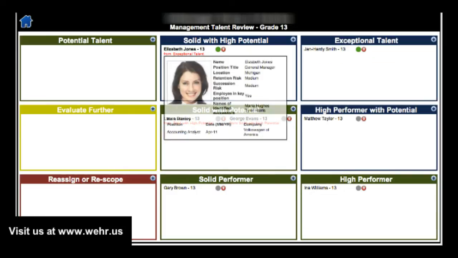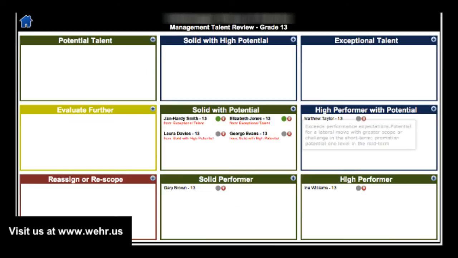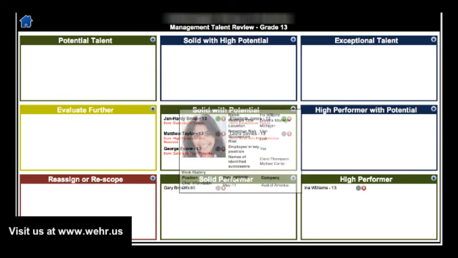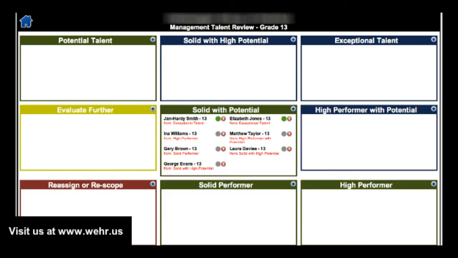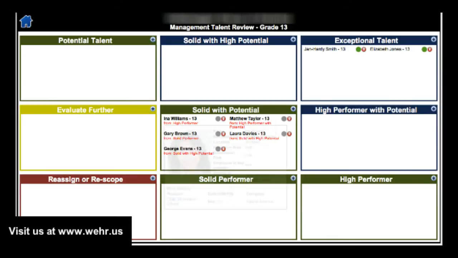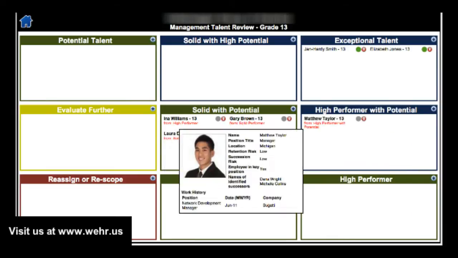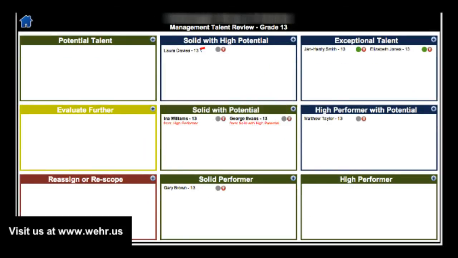And note that as I'm doing this, the system is capturing all the changes and is telling you more information that you can use later on. For example, in this case, it's telling you that people are coming from all the different boxes. And right here, as we placed the last employee, George Evans, the box started to increase in size to be able to accommodate all the names that were necessary. Let's place everybody back in their original boxes and also see how the system adjusted again the size of the box. So Matthew was a high performer with potential, Gary's a solid performer, Laura goes here,